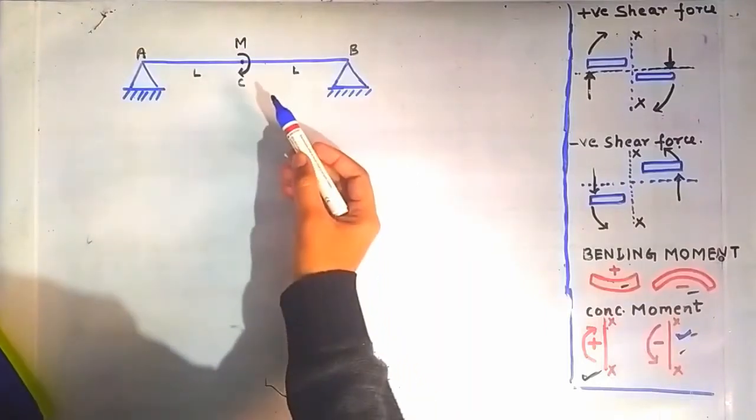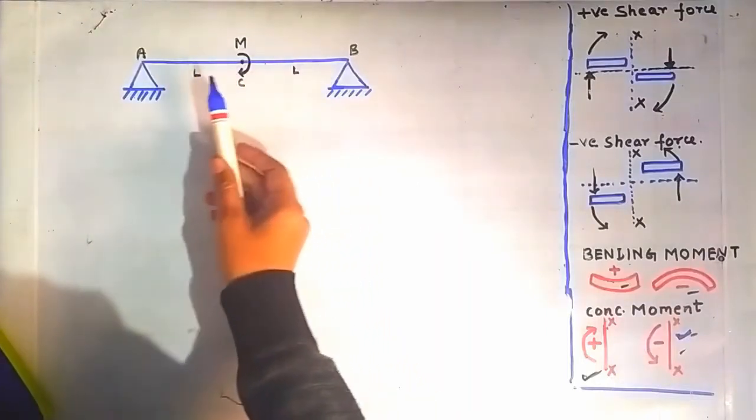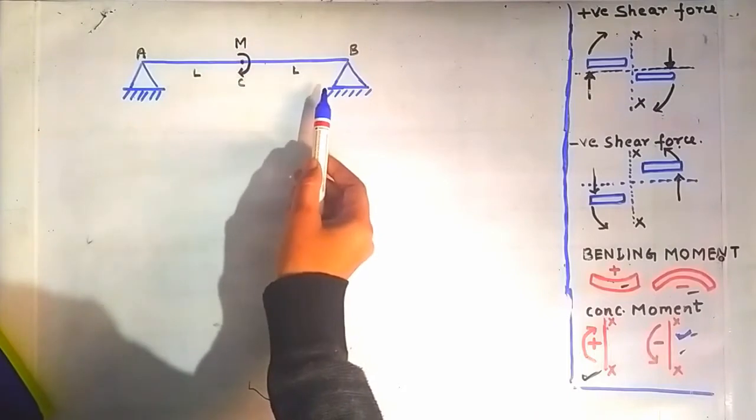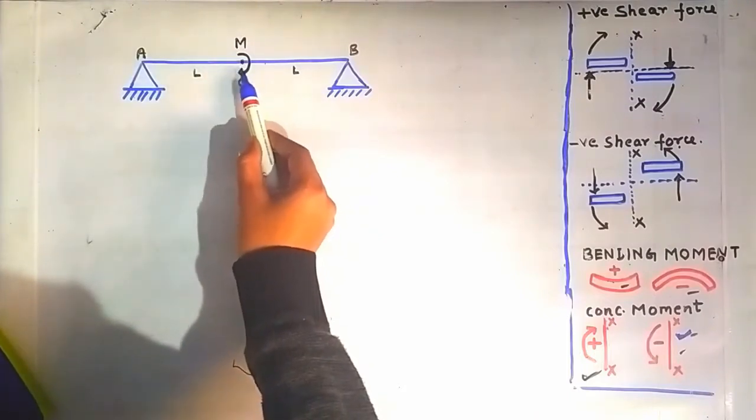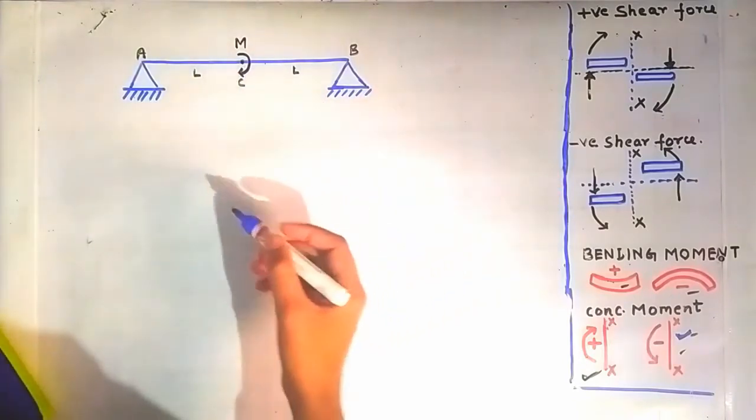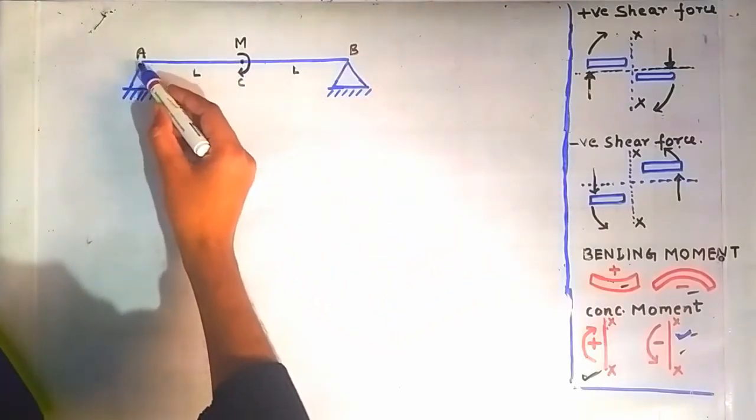So friends, this is the numerical problem of a simply supported beam and we have to draw the shear force and the bending moment diagram for this problem. There is a concentrated moment acting at the point C here. You can see this. Now the first step is to find out the reaction at the point A and the reaction